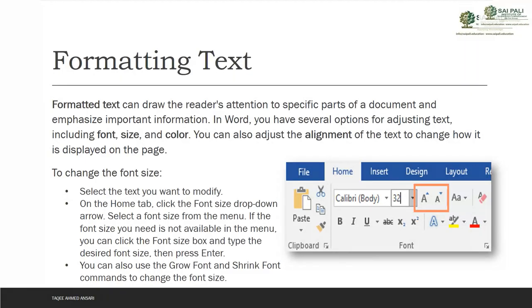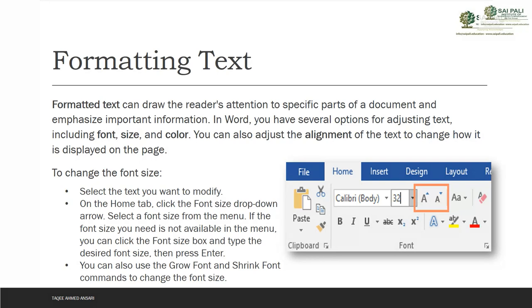Now MS Word is a text processing application. So when you create a document in MS Word, you create a text document. That means you are adding some simple text, like you add on Notepad.